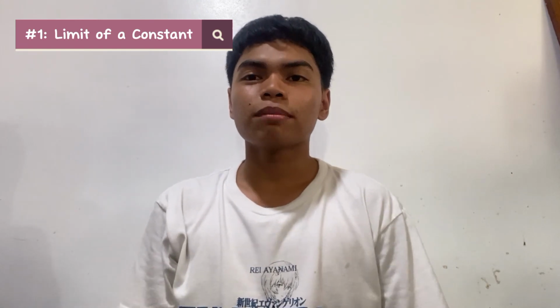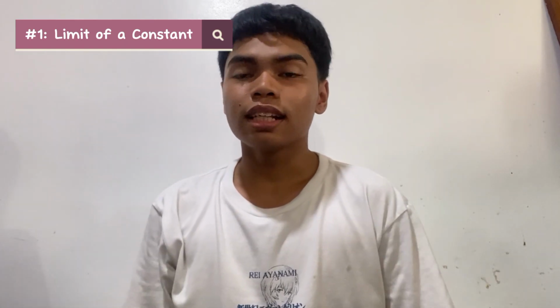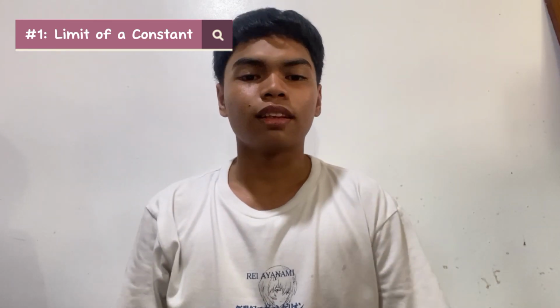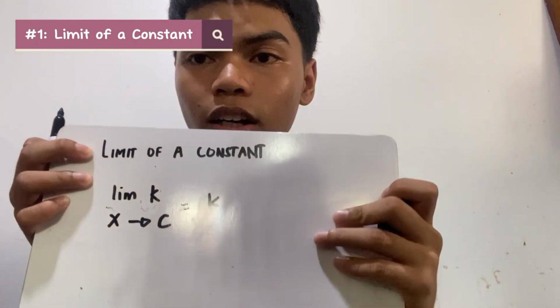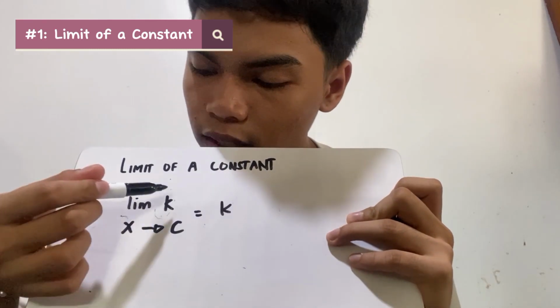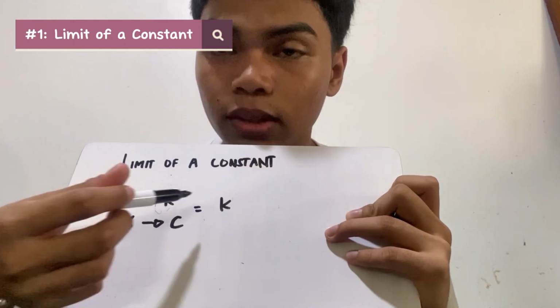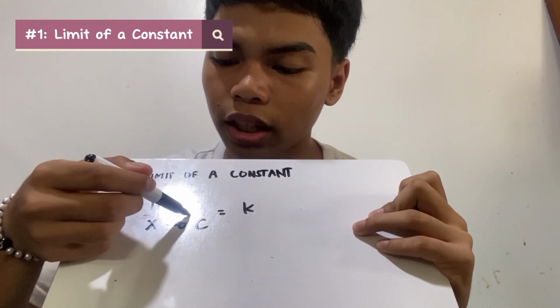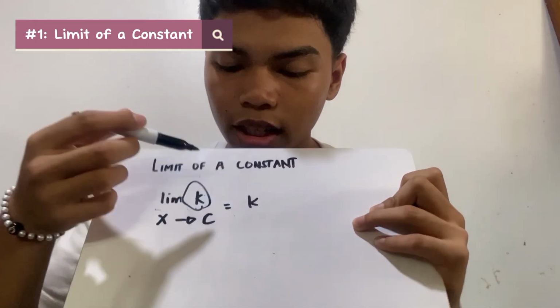Una na dyan ay ang limit of a constant. Ito ang isa sa pinakamadali at pinakamabilis na rule, dahil kung ano lang ang makikita nyo sa taas ay yun lang magiging sagot natin. Ito nga pala ang kanyang formula: limit of k as x approaches to c is equal to k. Nakikita naman natin dito na kung ano lang yung k, kung ano lang yung nasa taas, ayun lang magiging sagot